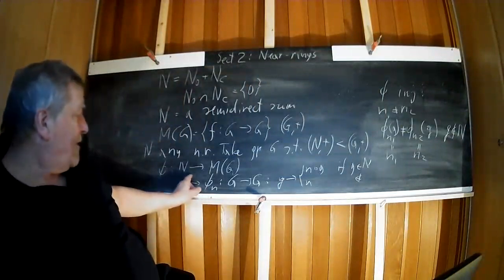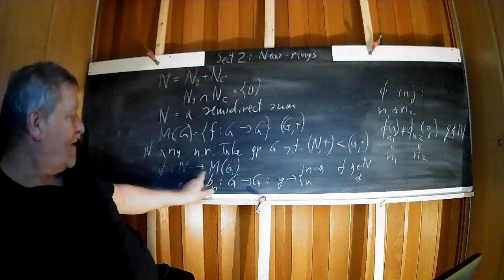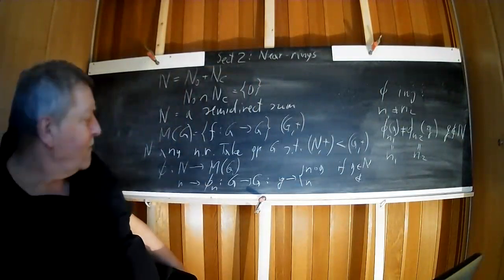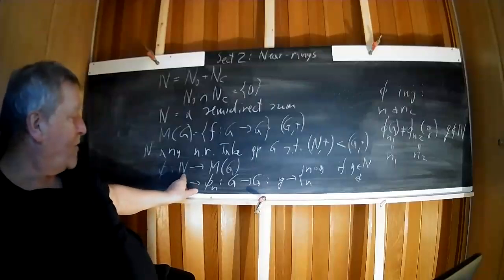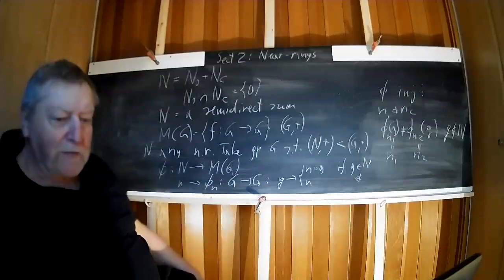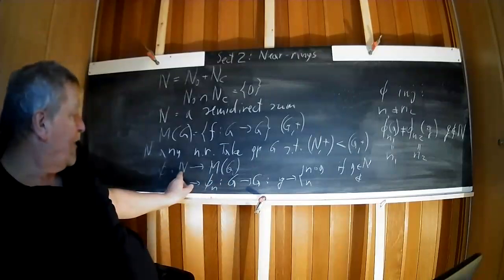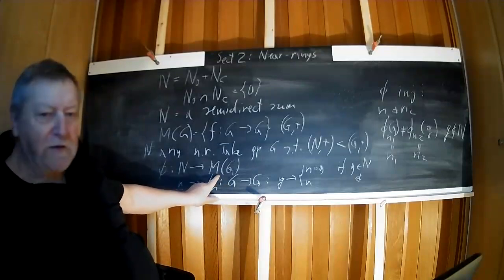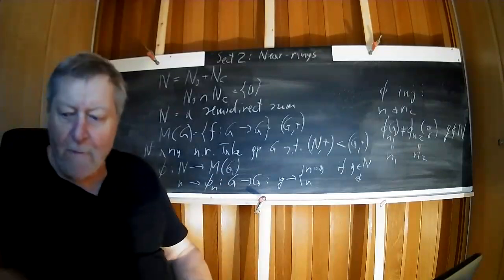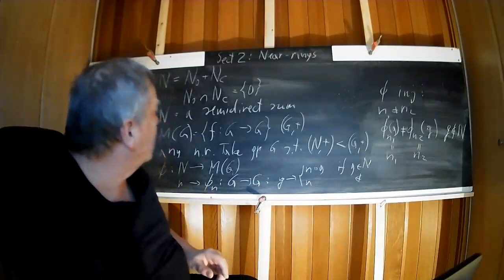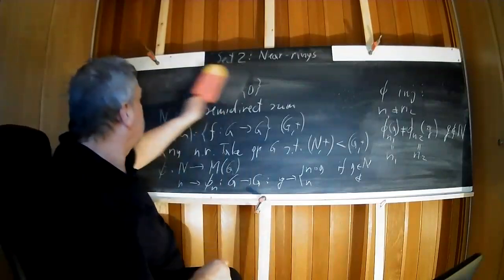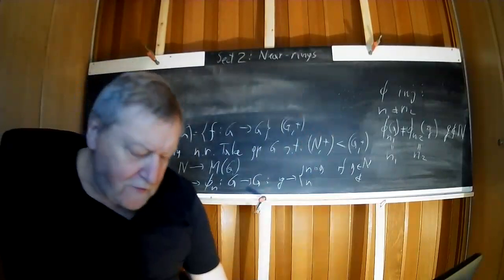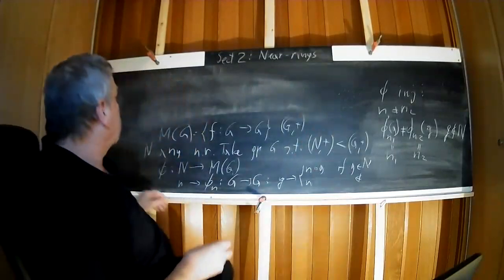And then we can say that N can be embedded into M of G, because we have an injective homomorphism from N into M of G. And so we can find an isomorphic copy of N inside of M of G. We can summarize this here as follows. We can say,